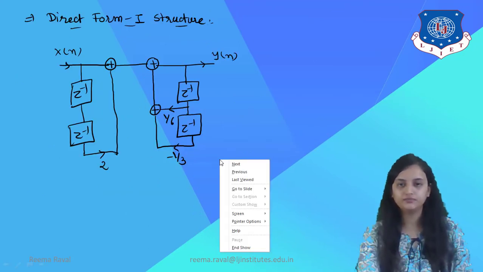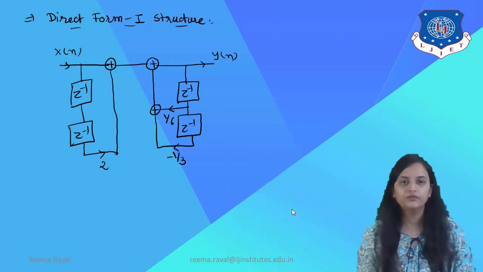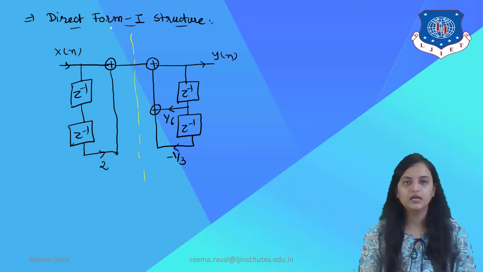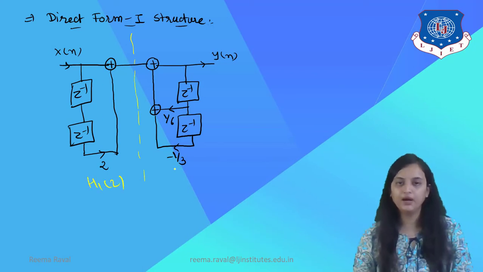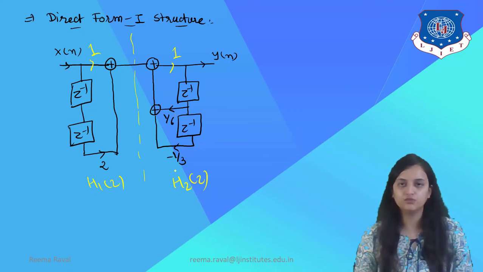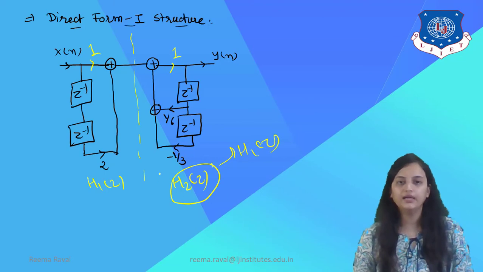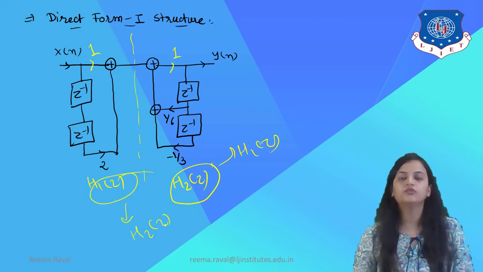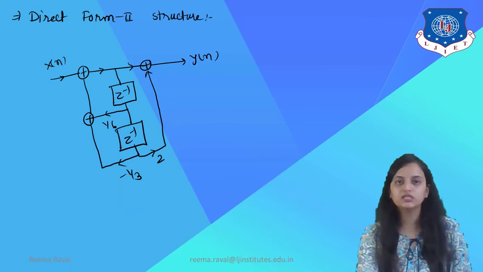So here, as you can see, the direct form 1 structure is shown where the first part indicates the h1 of z, that is the numerator part, and the second part indicates the h2 of z. Here you will get 1 plus 2z raised to minus 2, that means the numerator part, and here you will get 1 minus 1 by 6 z inverse plus 1 by 3 z raised to minus 2, which is the denominator part. In the same way, by reversing this, that means this h2 of z is to be taken as h1 of z and this h1 of z is to be taken as h2 of z for direct form 2 realization. So this is a direct form 2 structure in which the delay element is shared.